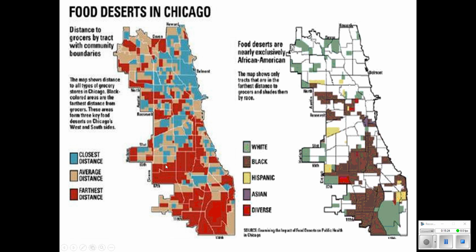But again, look at these patterns and look at the correlation between where these food deserts are and who tends to live in these neighborhoods. And you can really then start to extrapolate this out and say, well, is this part of the achievement gap in terms of school achievement and testing scores and things like that? Because again, a big indicator of test scoring in the United States is family income.